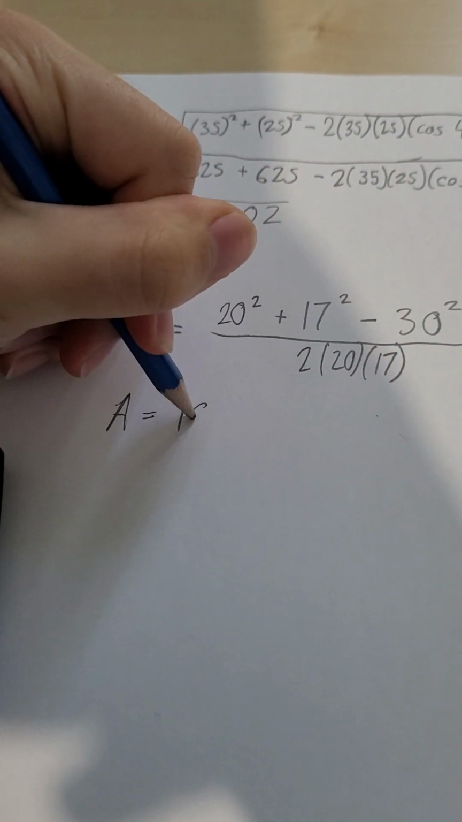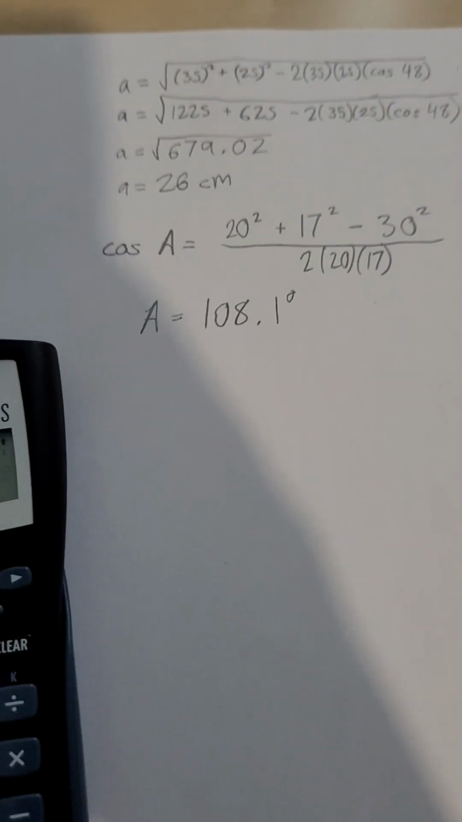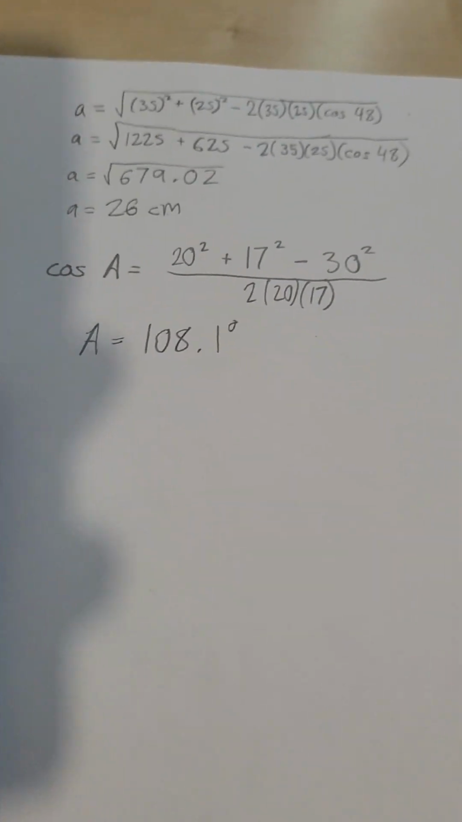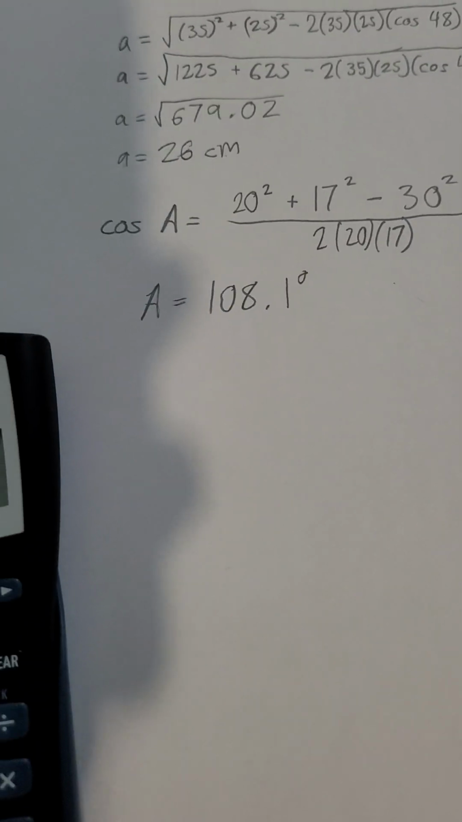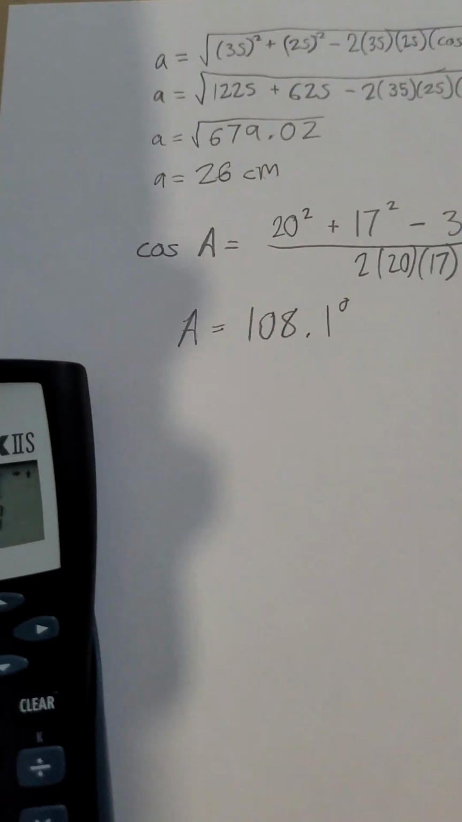So the value of A would be 108.1 degrees. And that would be how you solve for an angle. And this part, cosine law, really is not complicated as long as you know your calculator, you know what works. When you do certain questions that you know